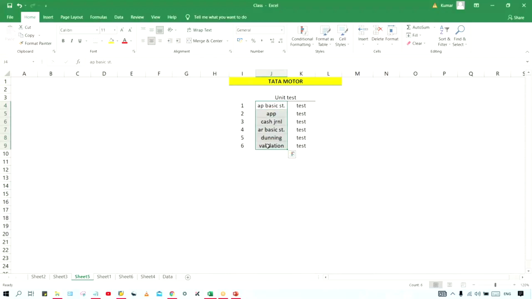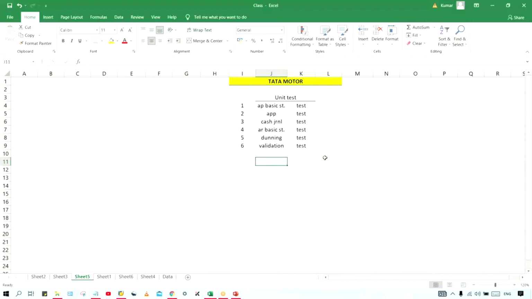Here in all these activities, we don't have any dependencies. It means in unit test, you don't have any dependencies on any other module, right? Independently, we can do all the configurations and perform testing. Even if other consultants are running behind schedule, we have nothing to do with those people. There is no kind of impact on your configurations. Okay, so this is what is called unit test. It means unit by unit configurations, unit by unit testing, right? One by one, process-wise testing is done, and in unit test we don't have any dependencies on other modules.